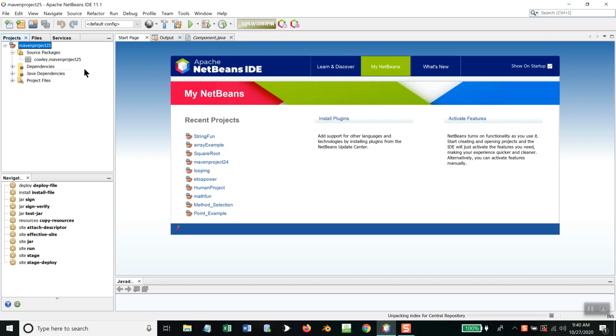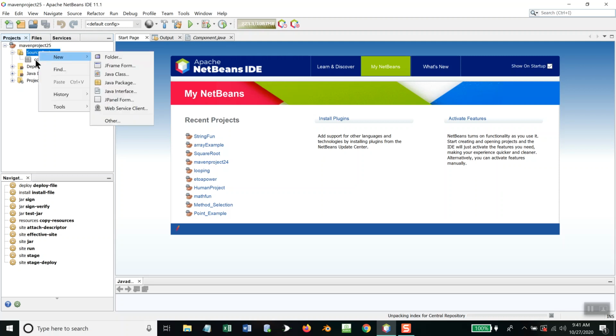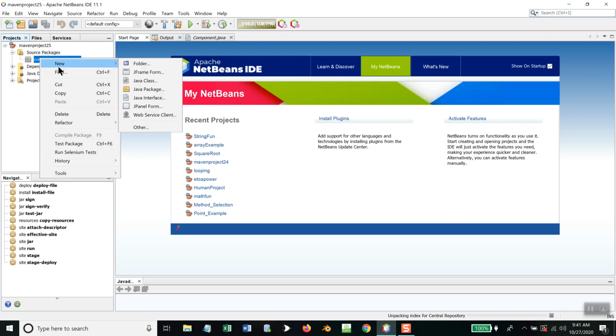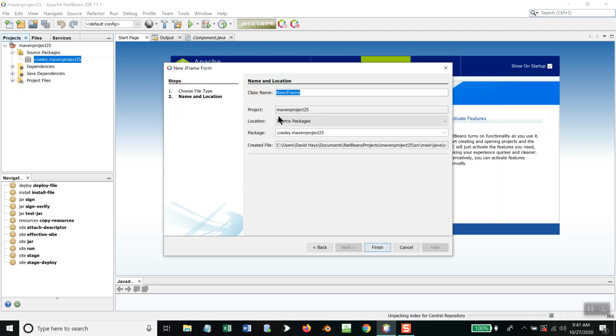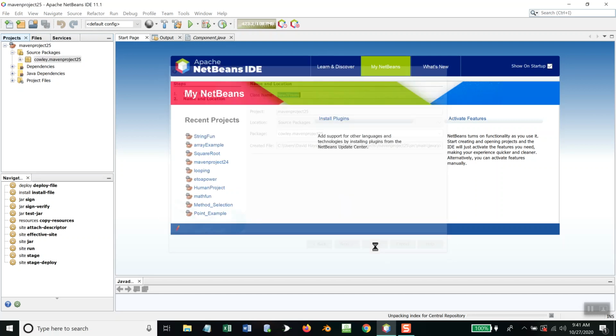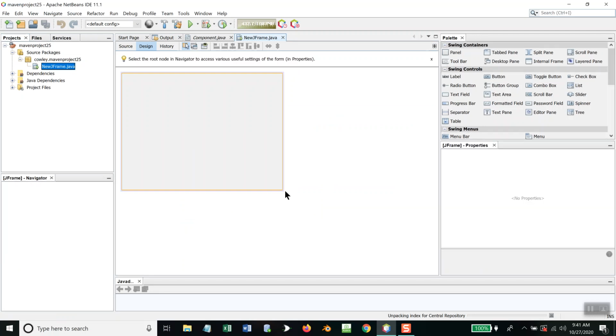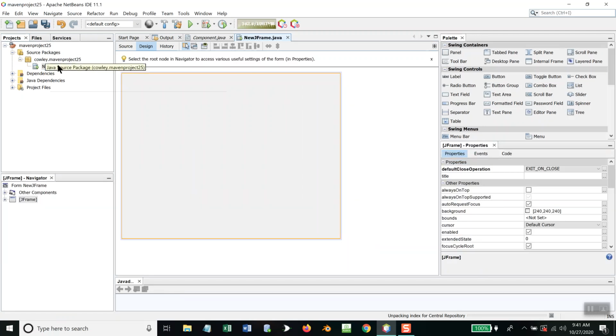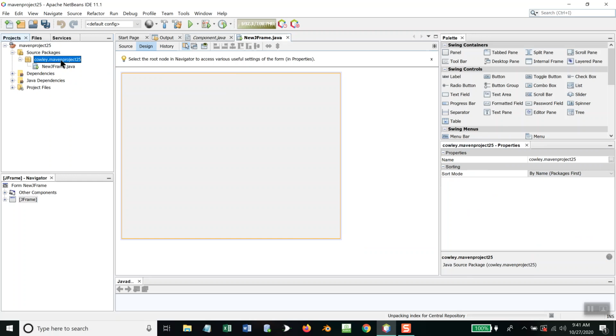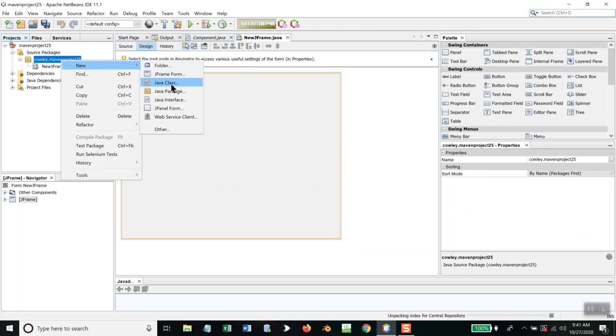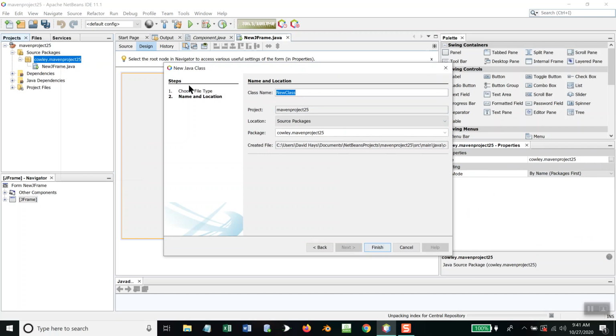Some of the stuff you could read in the book and kind of comprehend, but objects are a little bit different. So I was gonna come up with an example. I'm gonna come to source packages here, right click, new JFrame form, and I'll just click finish here. That creates my windows. Over here, I'm going to right click and choose new, and I'm going to choose Java class. And I'll call this a